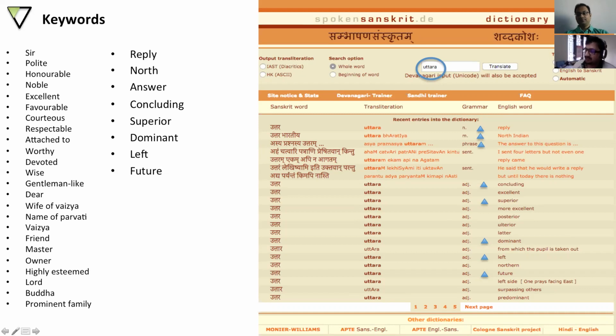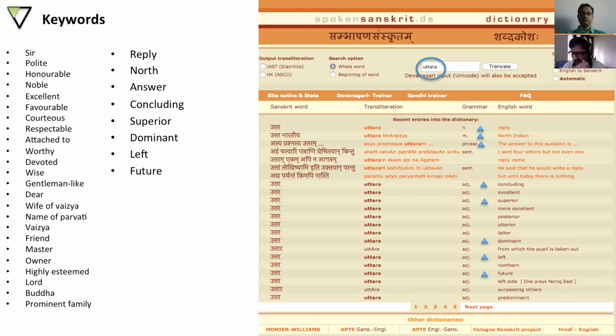Now this Uttara coming through as the word left is very interesting. In Vedic religion, or even during Vedic ceremonies of marriage, the husband sits on the right and the wife sits on the left. So it's like your best partner is sitting on your left. So this idea of left is very interesting with Uttara